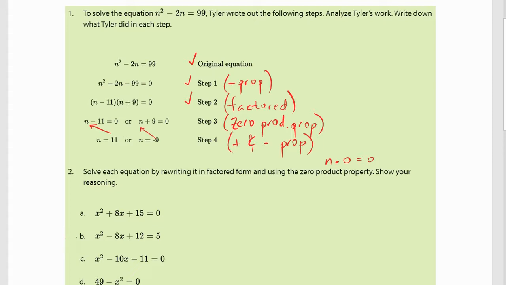Pause the video, try your best. You definitely want these things to equal 0. Hint for part B there. And go. All right, so hopefully you paused the video and you tried your best